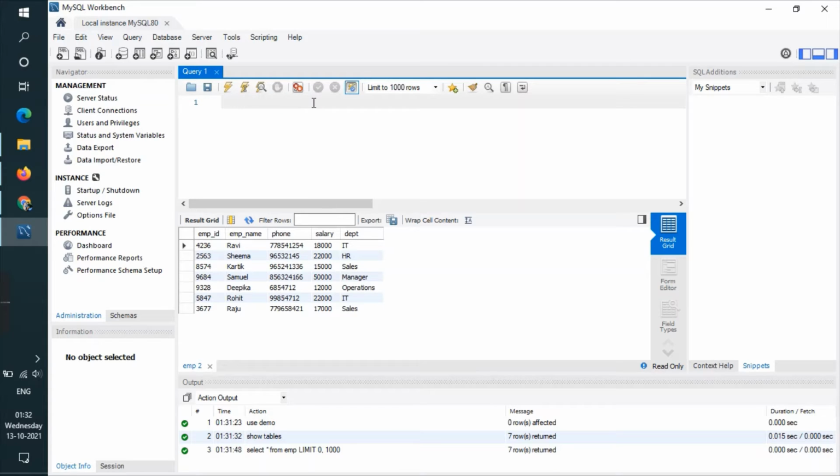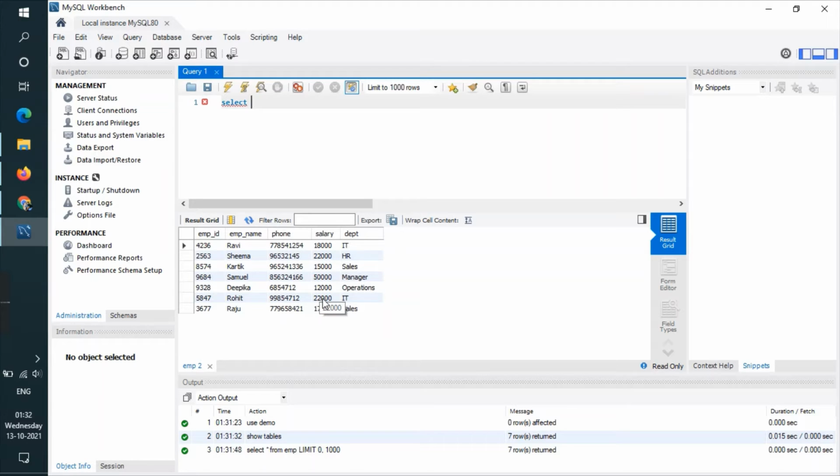So select. I'll be checking if the salary is between 15,000 to 22,000. So I'll be getting the list of all the employees whose salary is between 15,000 and 22,000.